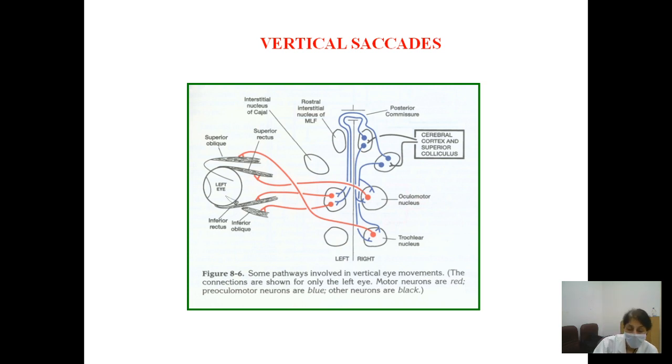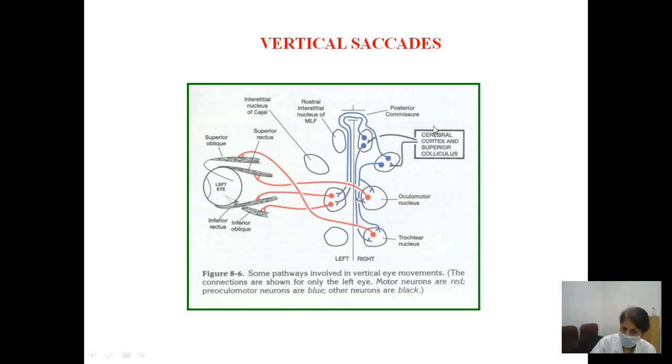So for the vertical saccades, you know that for vertical movements you have the superior and the inferior rectus, as well as the superior oblique and the inferior oblique. As I told you, the superior rectus is supplied by crossed fibers of the oculomotor nerve nucleus, and the superior oblique is supplied by the trochlear nerve, and you all know that those fibers decussate. The fibers of the oculomotor nerve do not decussate,